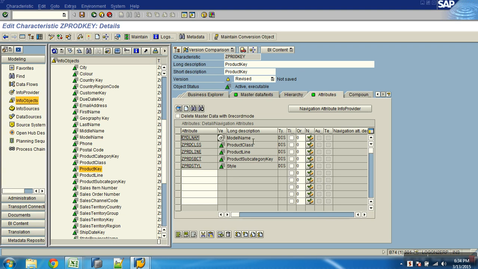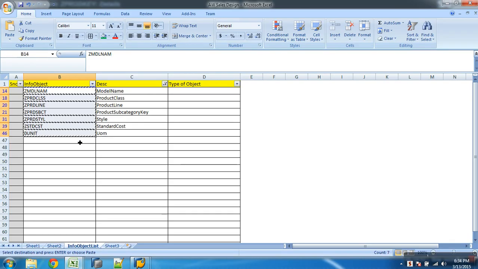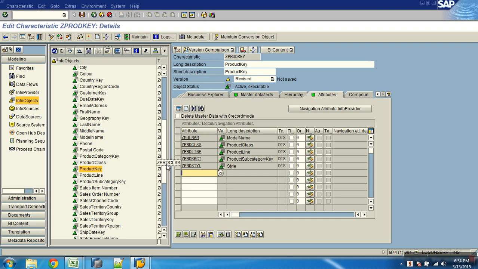Done. Okay. Model name, product class, line. How many others? 5. Still missing some of them. Style only. Till style it is brought in. There are 2 more. Done. Okay. So now I've got all these 7 columns as attributes.